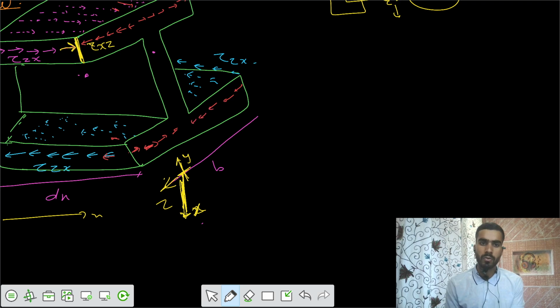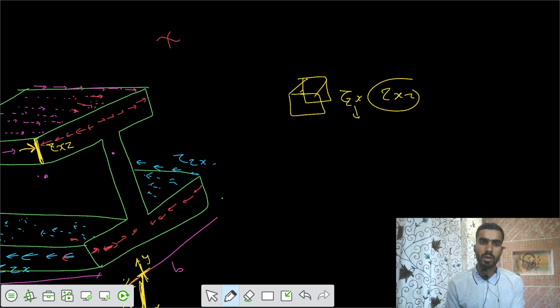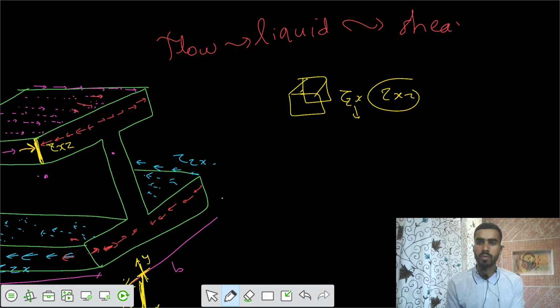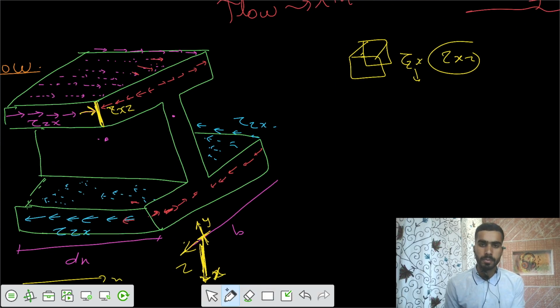So we got some flow of the shear stresses, like a liquid is flowing. Because the shear stress is flowing, we call it shear flow. Or we can say that the shear force is flowing. Then after that, in the vertical direction, we say there was